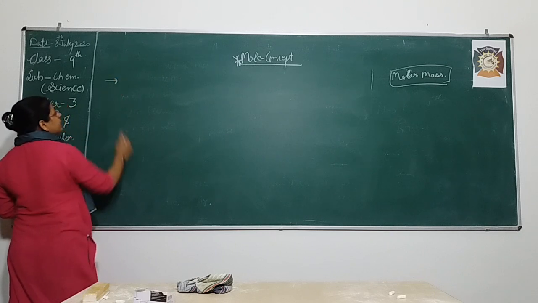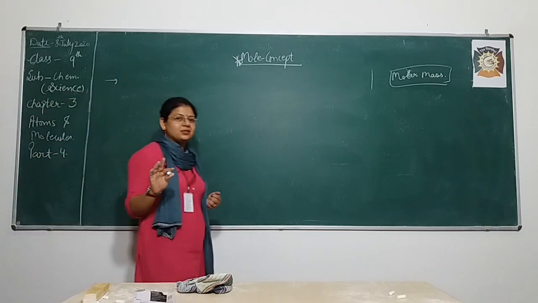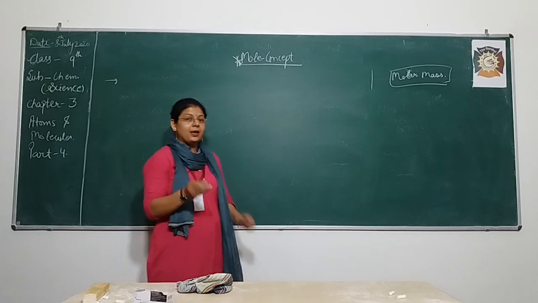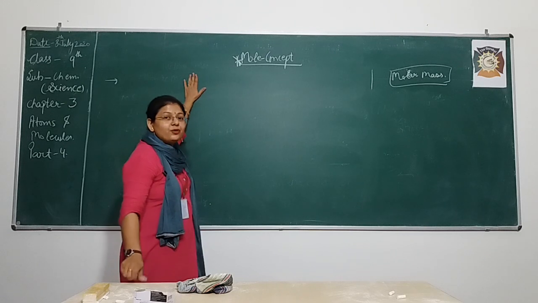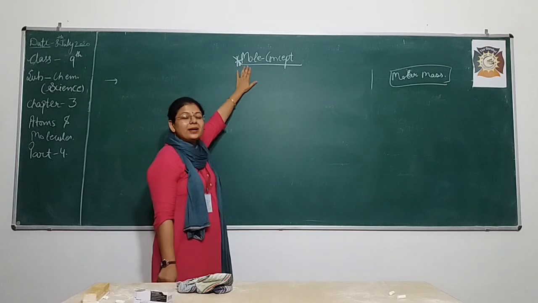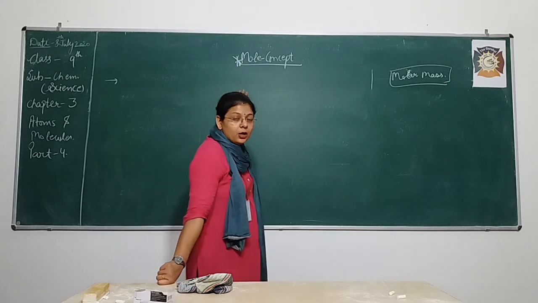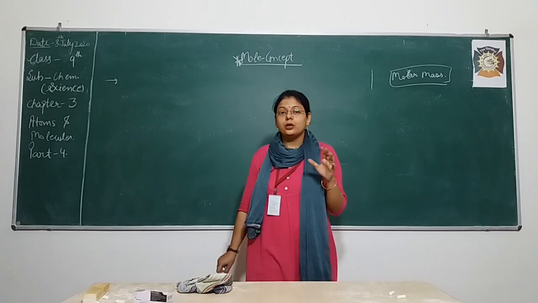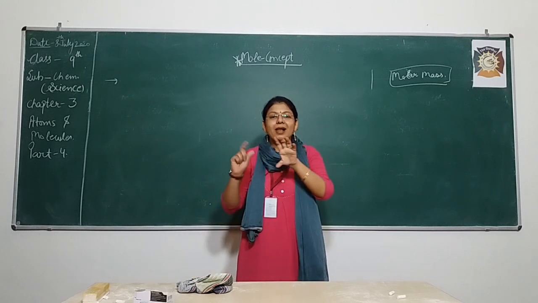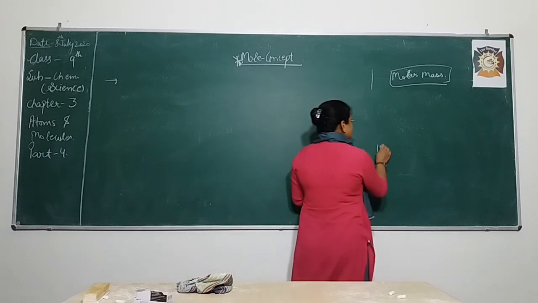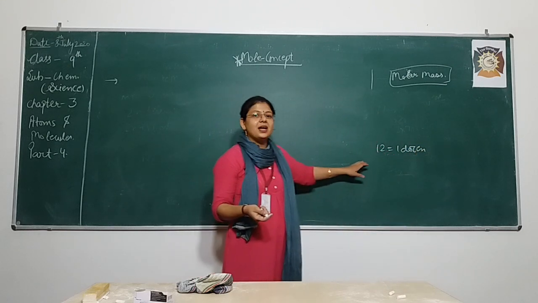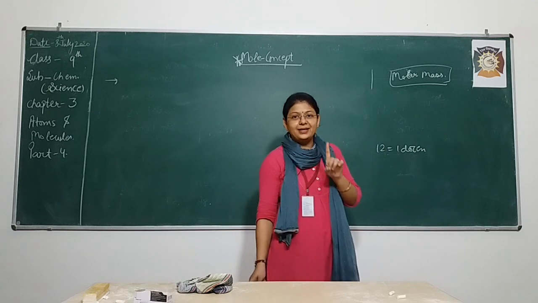In the mole concept, you just have to remember two lines, and the whole basic concept of chemistry is clear in those two lines. But before that you have to understand why we need the mole concept, why we require such a quantity which is mole. Like a dozen: a dozen is a quantity which equals 12 in number. That means 12 is equal to 1 dozen.